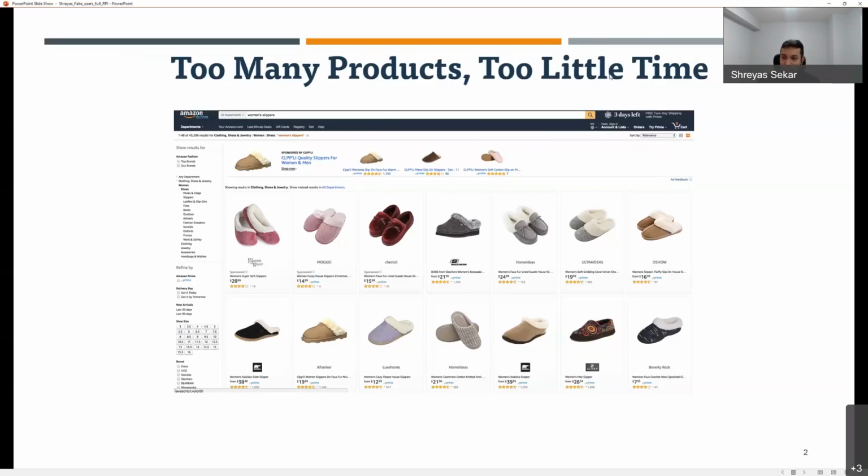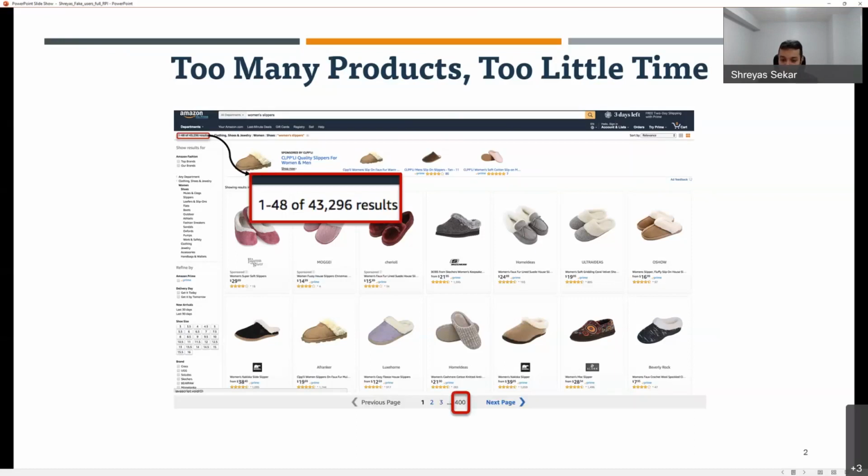Yeah, exactly. So I think Dhruva is also kind of close enough to the answer, but basically the most important thing once you get your product out there is that you want to show up at the top of the list as soon as someone searches for you, right? And in particular, in this case of women's slippers, it turns out you're competing with 40,000 other people. So forget being on page 4 or 5, usually 400 pages of search results.